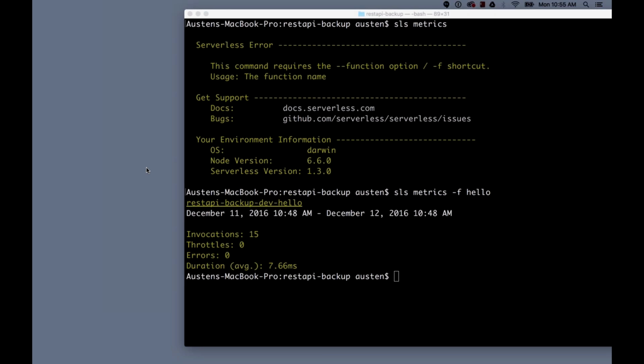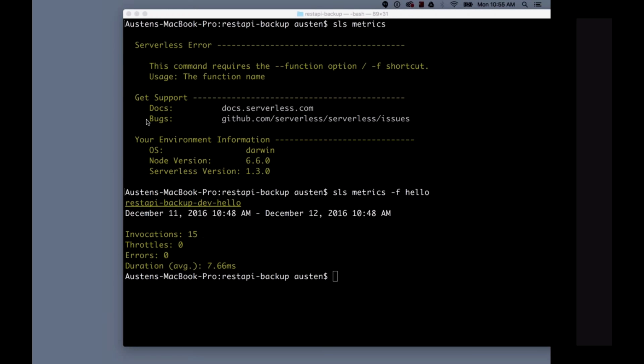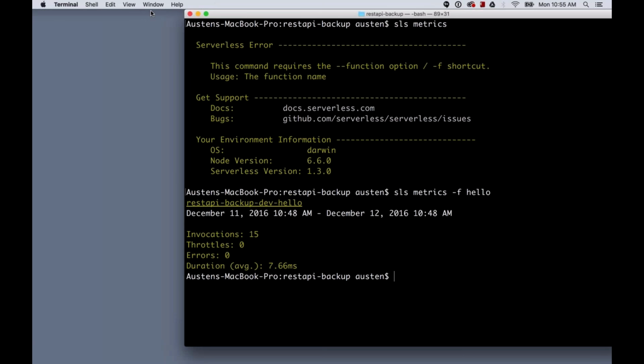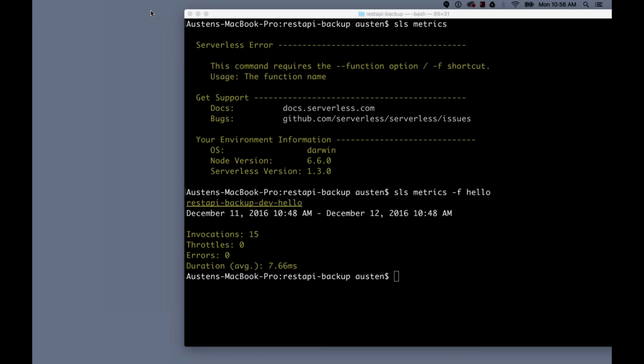Number 12, aside from DSL simplicity, what does this offer over Terraform besides CLI-based statistics? Terraform is a fantastic tool. It's very, very interesting. What we do is that we don't try and cover the entire cloud provider and all their resources and all of that. We are very biased towards serverless architectures.